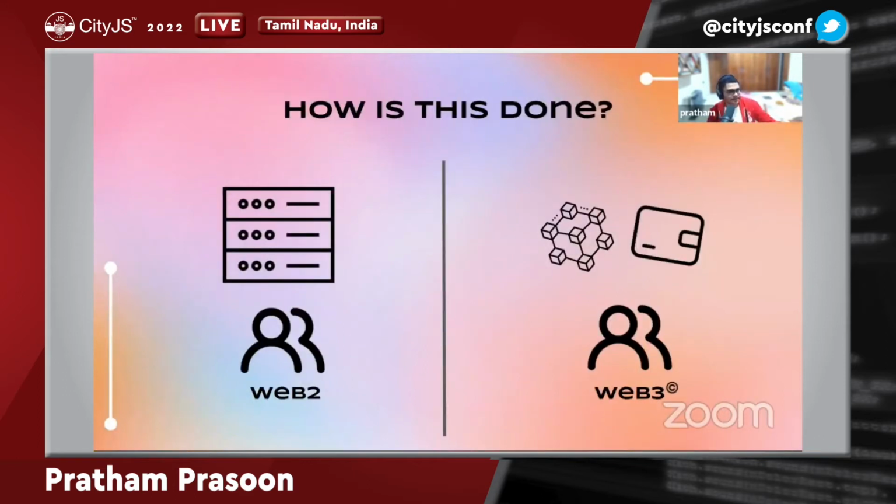So in the Web 2 world, you have a company with a centralized server, and they run their applications through there. At any given point in time, they have the authority to do whatever they like with whatever users are using the internet. So let's say one day a platform decides to kick you off their website, they totally have the power to do that. But in the Web3 world,